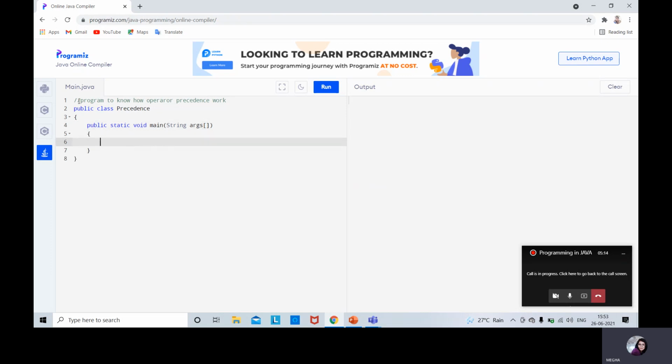We have to enter the main function. Inside the main function, the body of the program will be written.